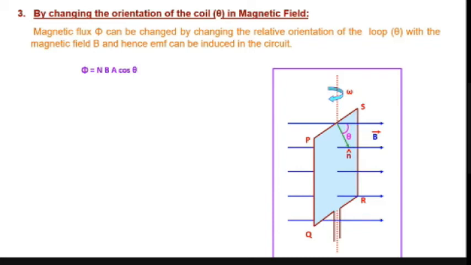So what is the expression for flux here? Flux is equal to B dot A, BA cos theta. If we have n number of turns in the coil, it will be n into B into A cos theta. That's all. If you have more number of turns, you have to multiply by the number of turns. So phi is equal to NBA cos theta. Okay, so here at time t with angular velocity omega, what is the expression for omega in terms of theta?